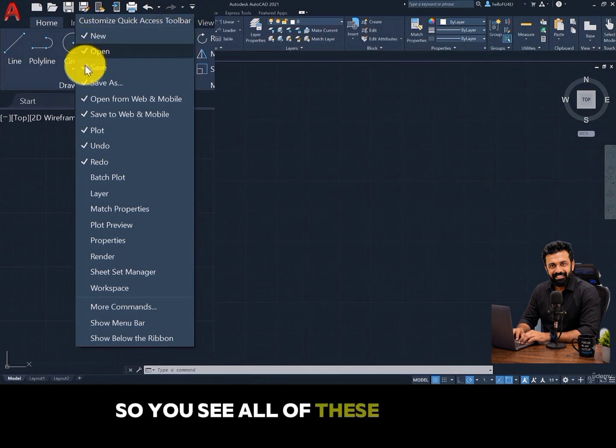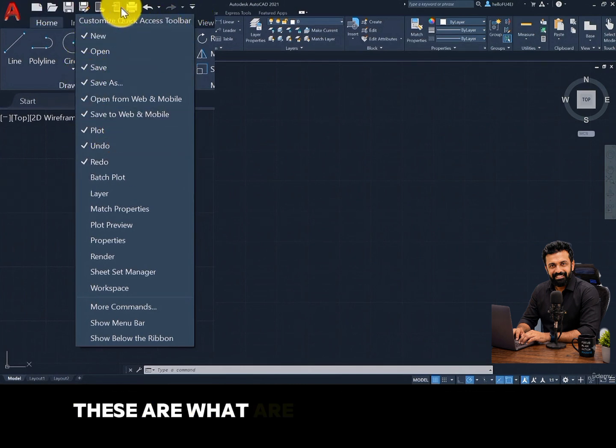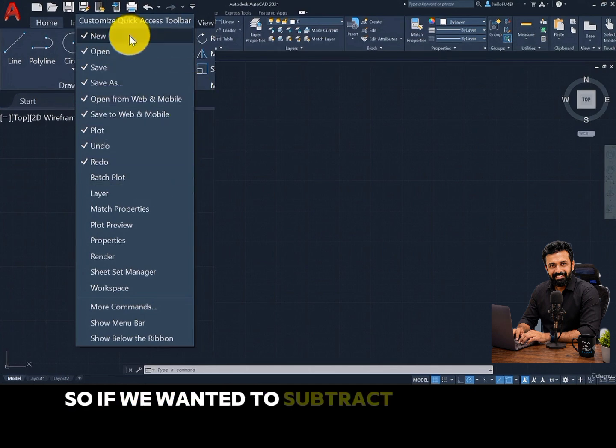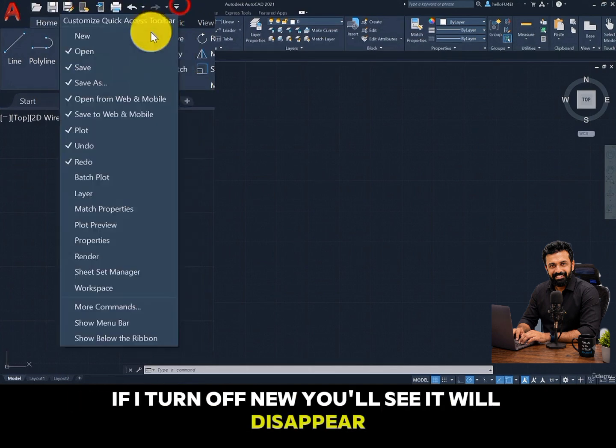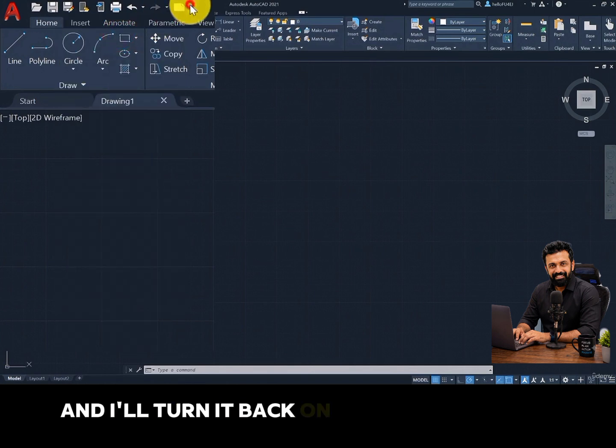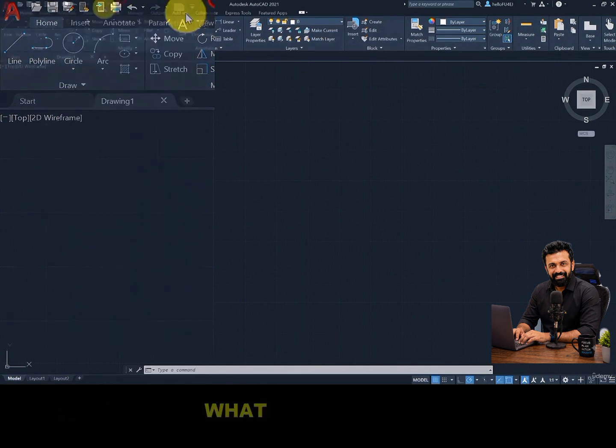So you see all of these ticks here. These are what are currently displayed. So if we wanted to subtract any of those from the list, if I turn off new, you'll see it will disappear. And I'll turn it back on. So there is our new. What I'll do is I'll